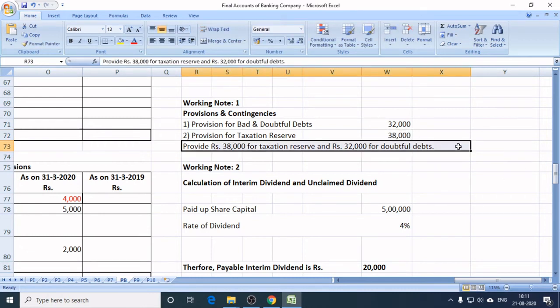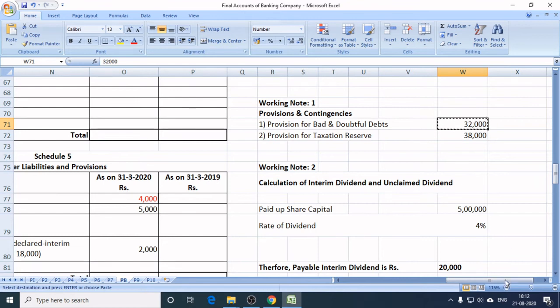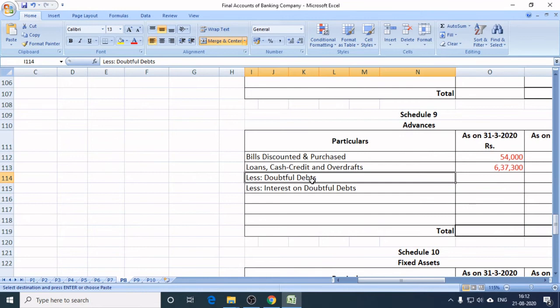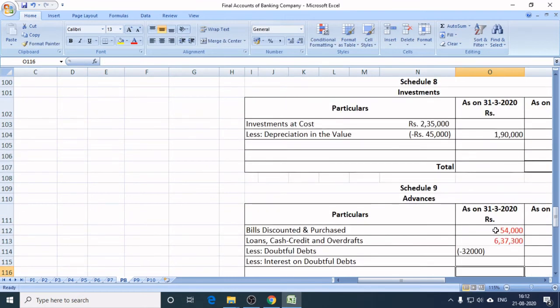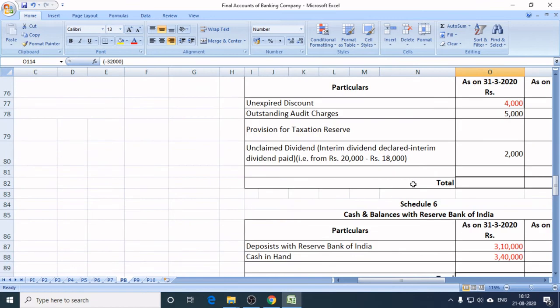Okay, now the next effect of bad and doubtful debt, we know that from advances we should deduct rupees 32,000 and that is schedule number 9। So schedule number 9 here in less doubtful debts, actually we have to deduct that figure from here, 32,000। Okay, and the next effect of taxation reserve we have to show under schedule number 5, that is other